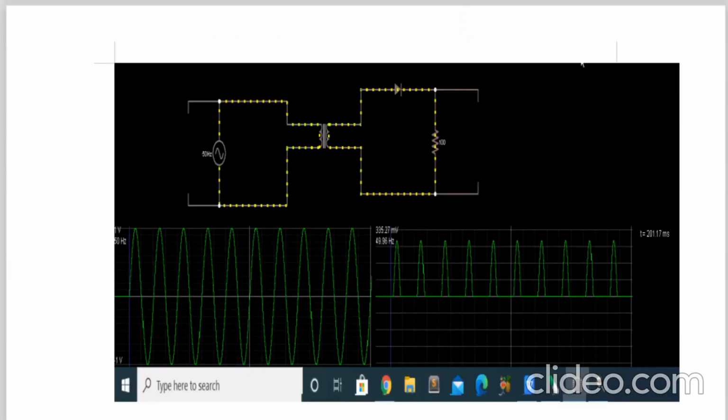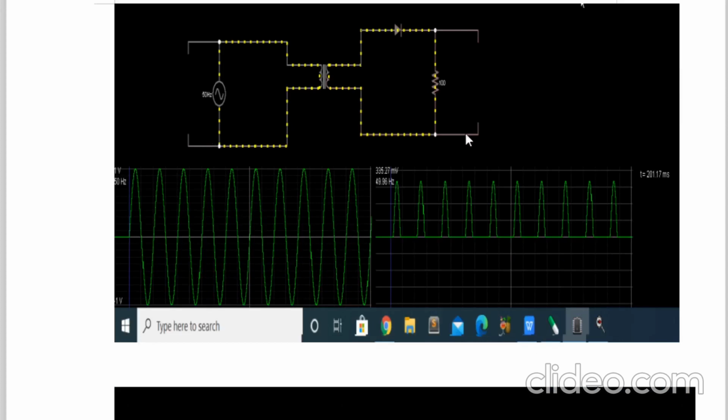And here, see, I have taken a circuit simulation software. It is a half wave rectifier using one diode. It is a load resistor. This sine wave is what I applied over here. So here you read it very carefully. You enlarge this and observe it on your laptop. It is 1 volt and it is minus 1 volt, meaning peak to peak 2 volt. So Vp is how much? 1 volt.